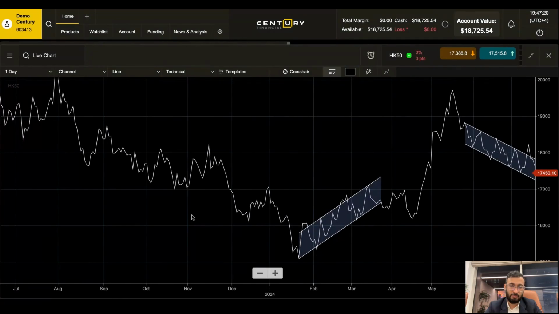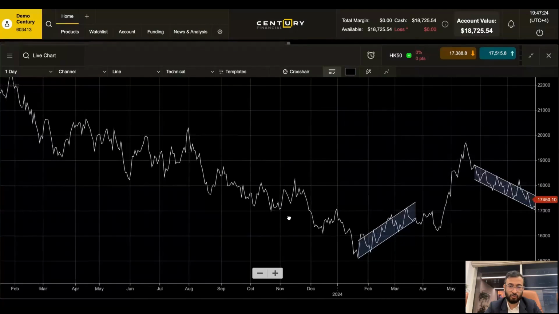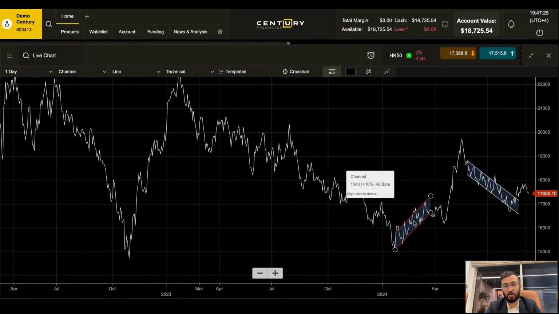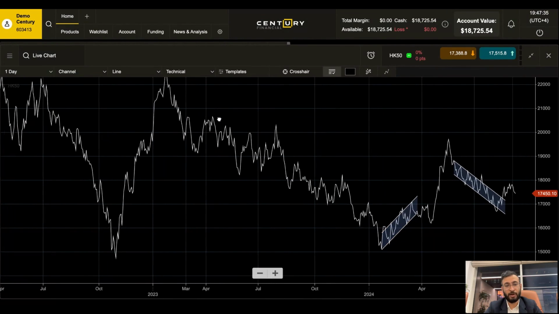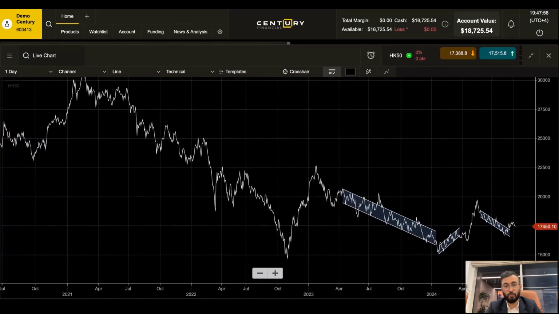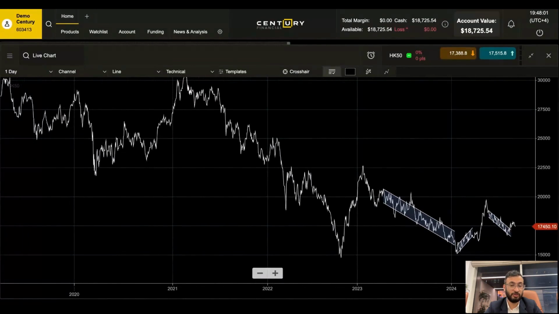Again, and then zoom a little bit more. See how continuous it can be. This was a primary trend, a secondary trend within a moving primary trend. Look at the primary trend right here. Look at the primary trend. Look at this, right? So the market could move in these kinds of trends for years,